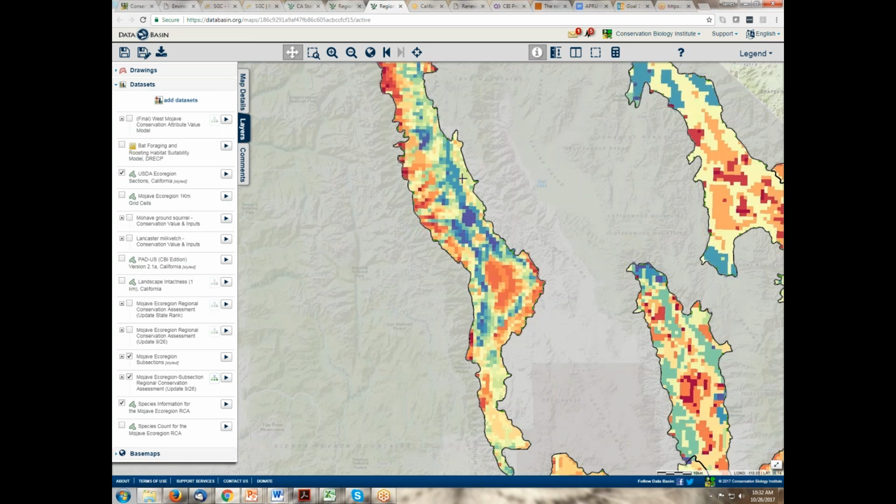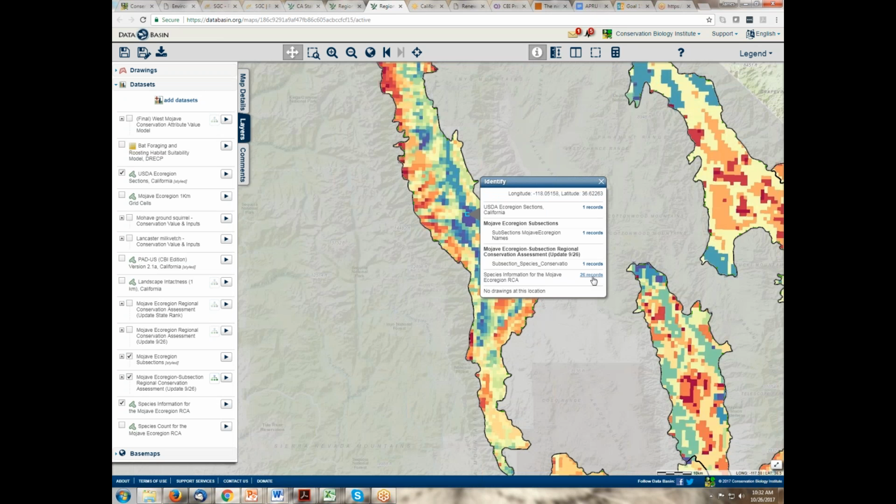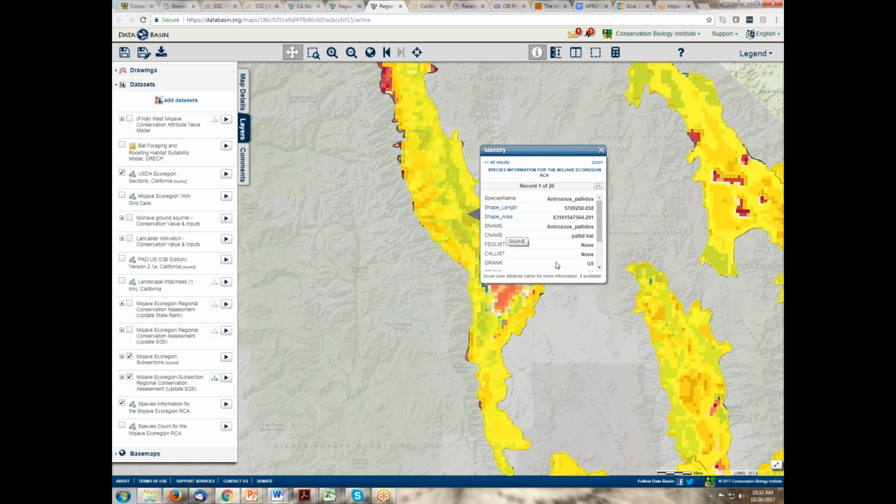And I go into here and I'm saying, well, why is this a dark blue? And you're going to see, like we've seen before, there are 26 different targets represented in this blue pixel. The resolution, again, folks, is a kilometer on the side, right? So if you go through there, we've tied it up to the models. So for, in this case, pallid bat, you can see it, bright yellow will show up, and that's the model distribution for pallid bat.